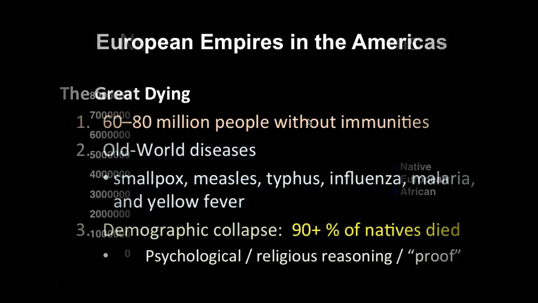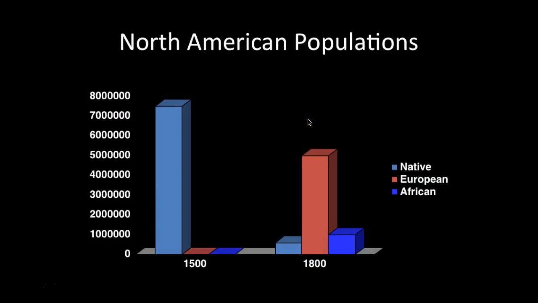And just a quick look at North American populations. So in 1500, before Europeans arrived, the native populations are close to, let's see here, 8 million, maybe 7.5 million people in North America. This is not Mesoamerica or South America. This is not the Aztec Empire or the Incans down in Peru. This is just North America. So Native Americans, around 7.5-ish million people. There are no Europeans or Africans, of course, in 1500. Within 300 years, the native population is below 1 million, and the European population is up to 5 million, and